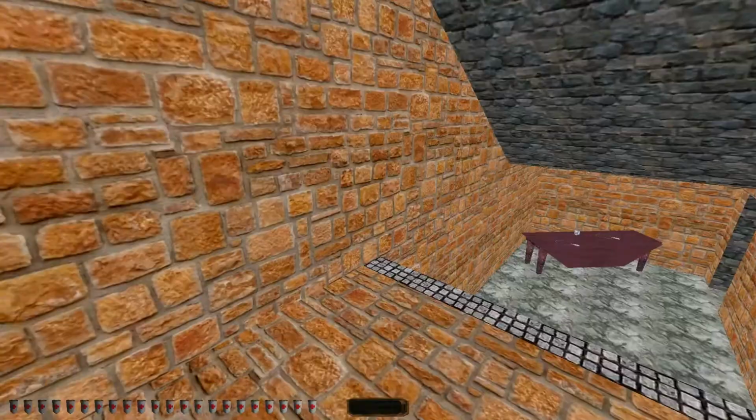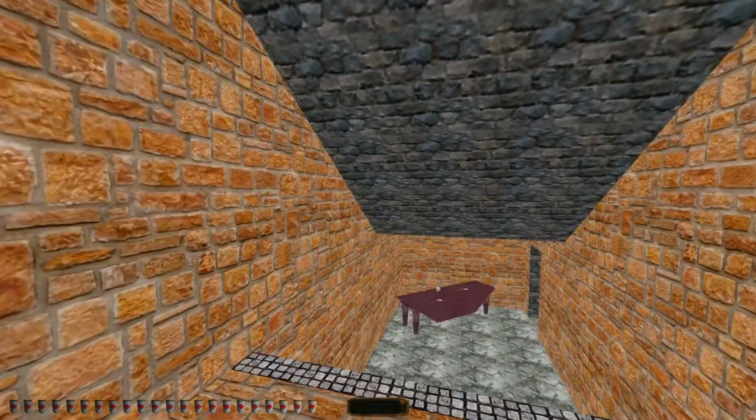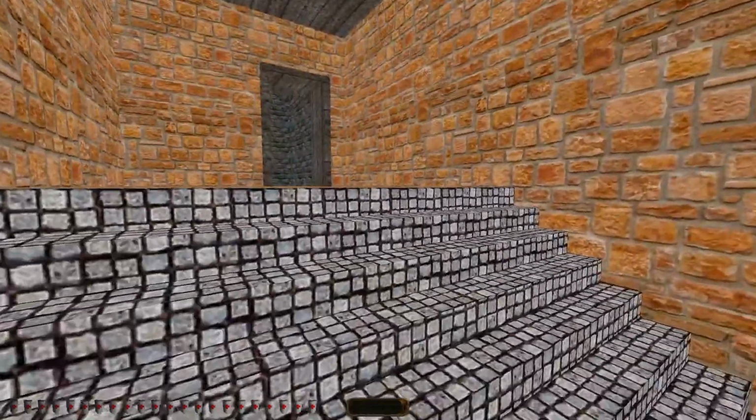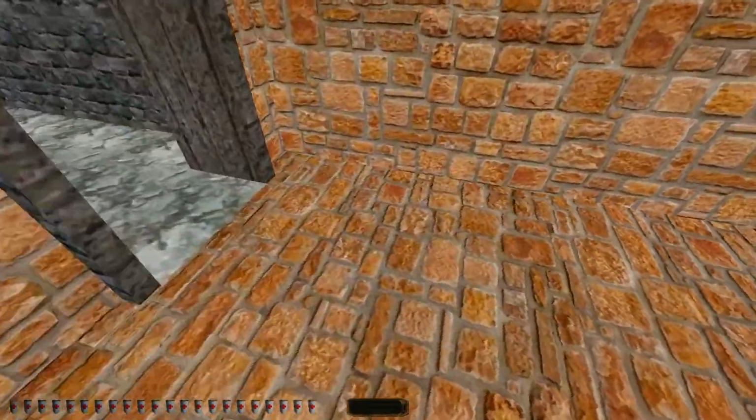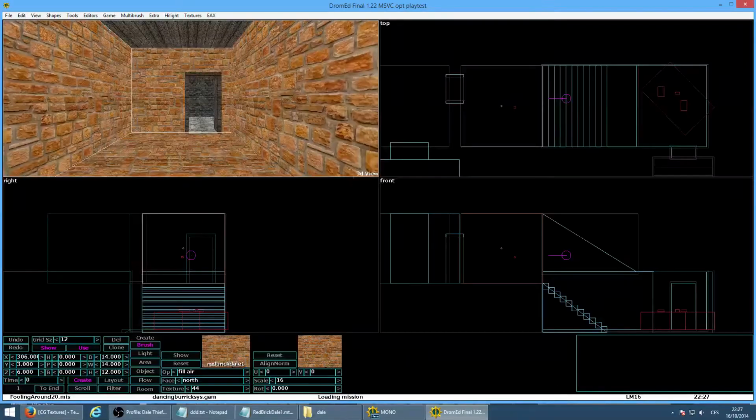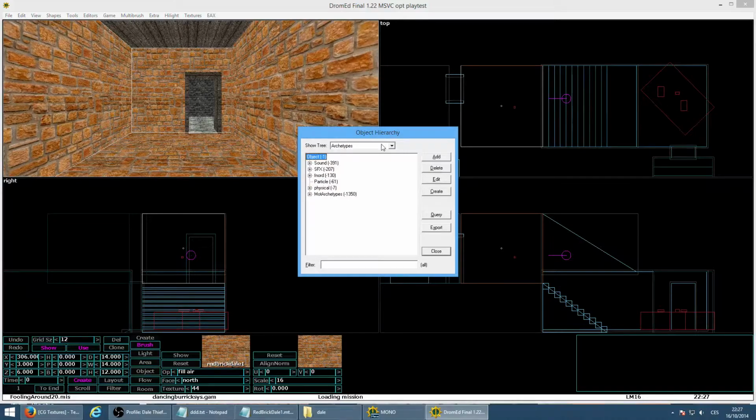Every texture, as I may have mentioned before in the game sys, has its own attributes in the game sys, and this one hasn't been introduced to the game sys yet. So we gotta go to F5. These are the archetypes. If you drop down here and go to textures, this is where you can see all